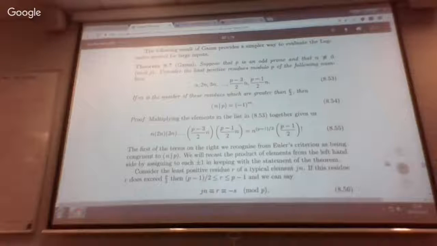Now it looks kind of a bit odd when you first see it, but it's actually a generalization of the argument we used to establish